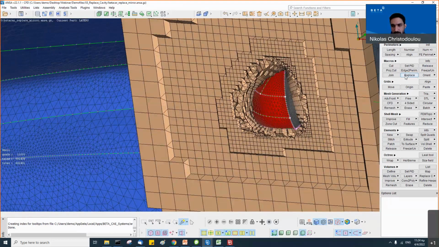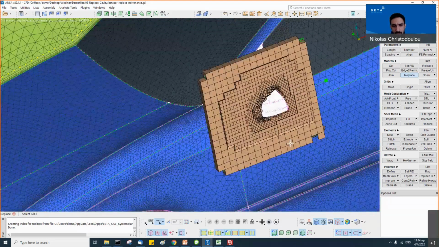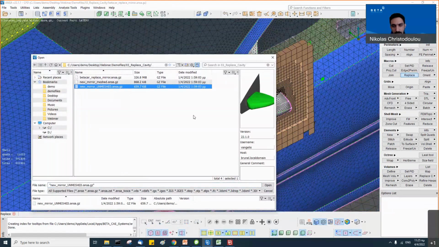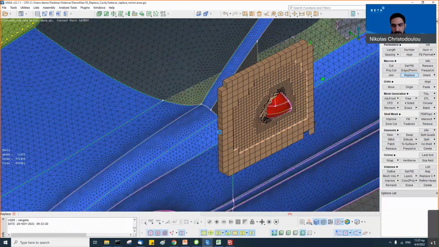So let's use macros replace. We can use the part selection to select all the mirror, confirm, and now we will bring an unmeshed mirror. We can press OK using the default settings.